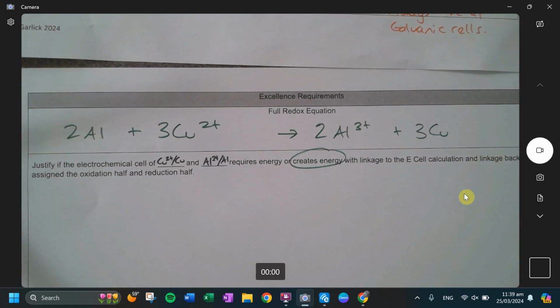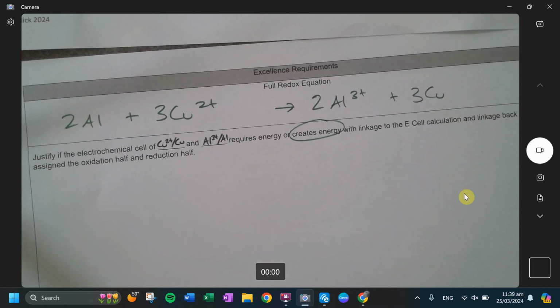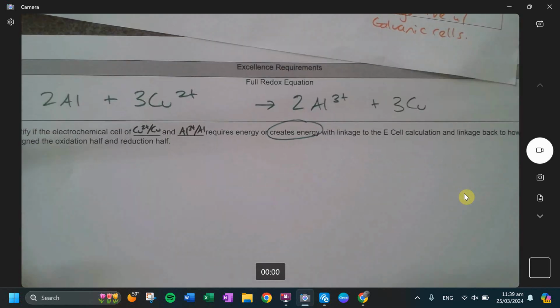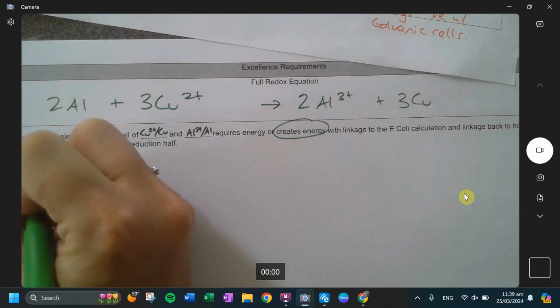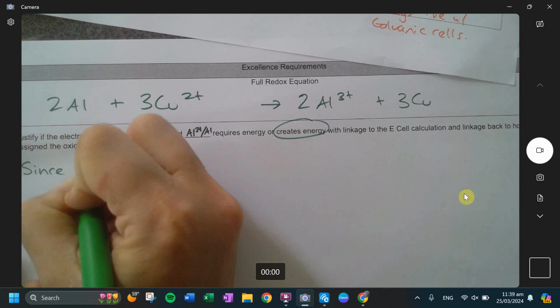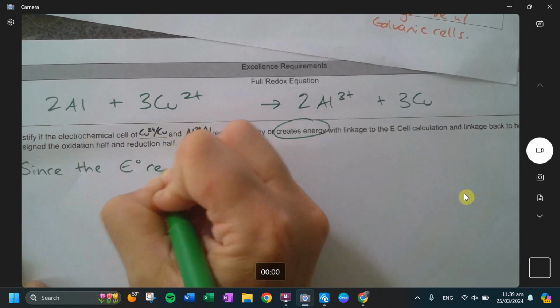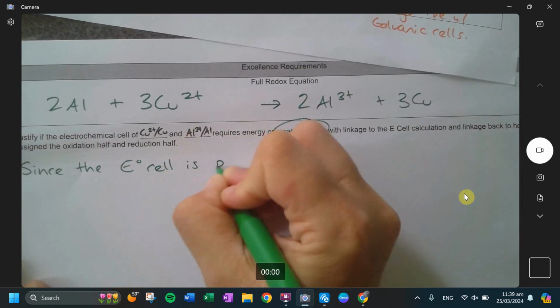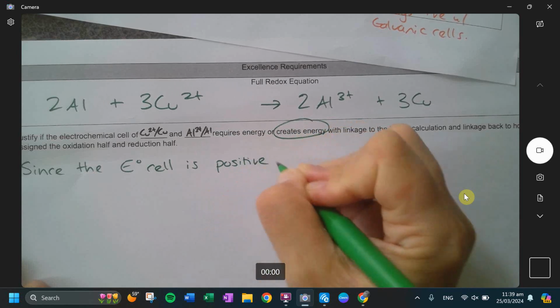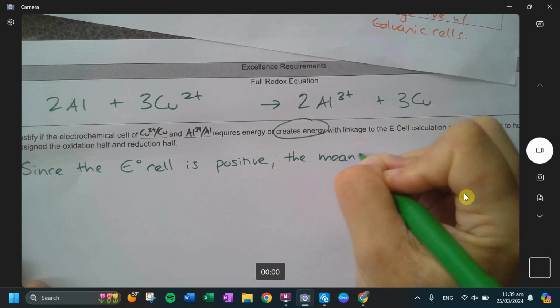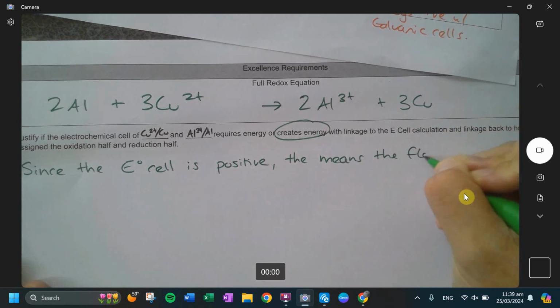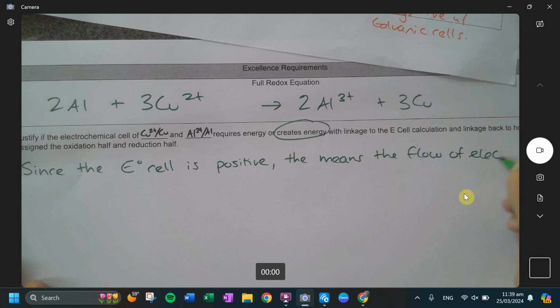And now we need to justify why we know it is spontaneous and why we've assigned the oxidation and reduction the order that we have. So here's my justification. So first off, I mentioned that the E cell is positive. So since the E cell is positive, this means the flow of electrons